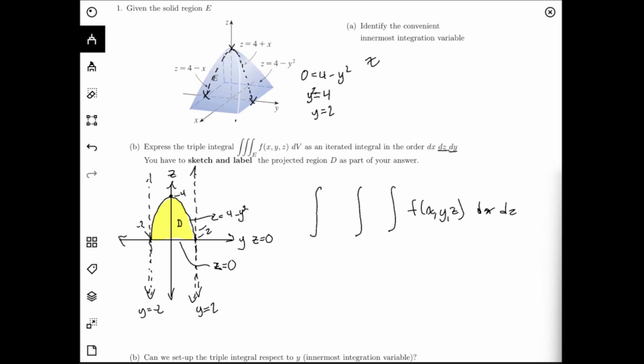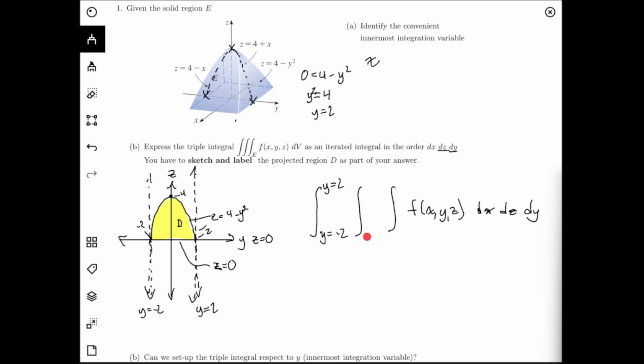X, dz, and dy. Okay, well, let's start from the outside and work in, because that's the easiest way to do it. Y equals -2, actually this time I'm going to keep writing it in equation form. Y equals -2, y equals 2. Then we have,